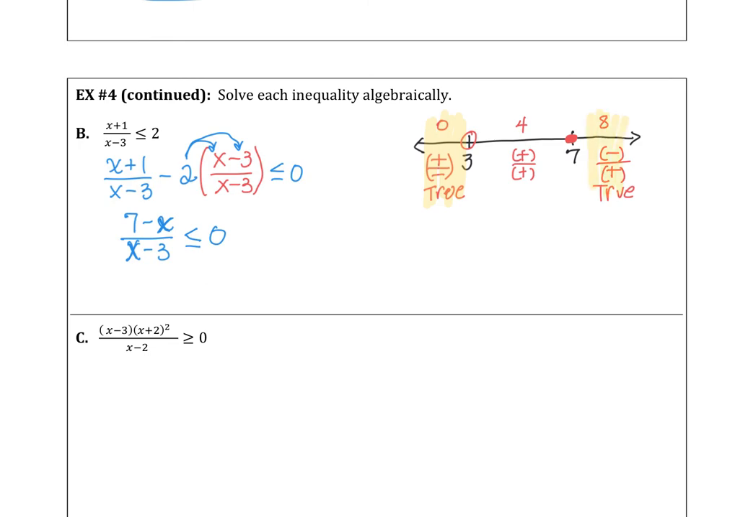So writing out our solution set to the inequality from negative infinity to 3, do not include 3, and include 7 and go to infinity. So this is our solution set. Part C,